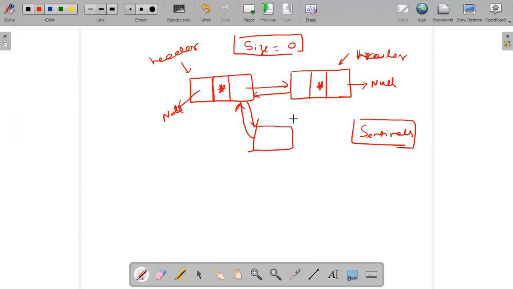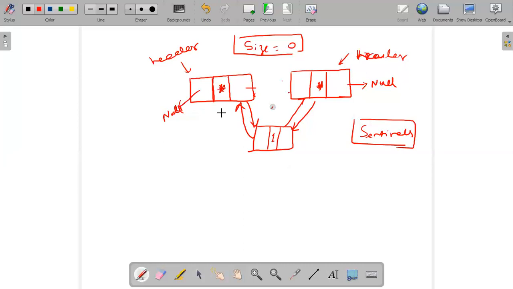The old link will be removed, and here the first element will be there. Let's say 1 is added. So this will be the structure.